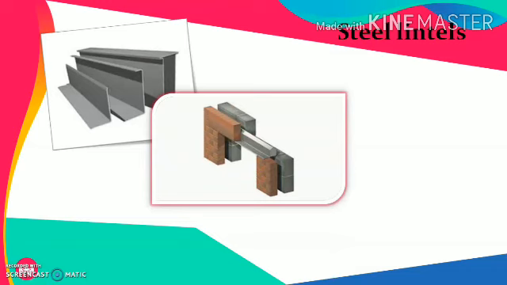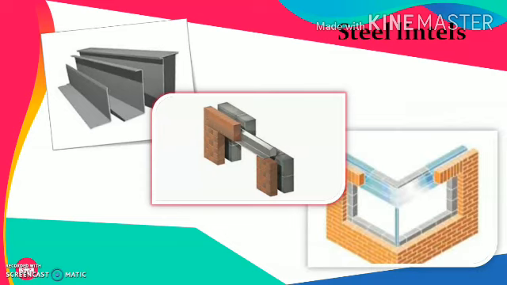This particular figure shows a special kind of steel lintel used in case of, say, a composite masonry where the backing and front space is composed of different units. In such case, steel lintels can be used with advantage. Or even the steel lintels can be used with advantage where we need to provide a corner window where there is no vertical structural element available to make a support.